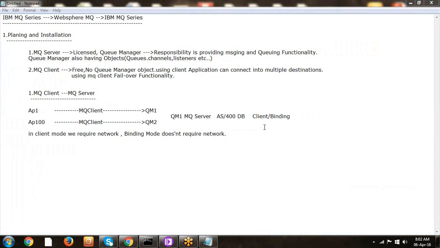So compared to client mode, binding mode is very fast. For example, if I want to send some data or files to you, I want the network, right? Compared to client mode, binding mode is very fast, but binding mode is connecting into one single destination. So here in the client server scenario, if these queue managers are not available, or maybe this database system